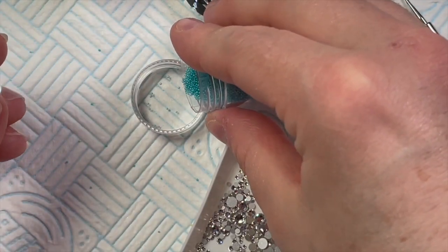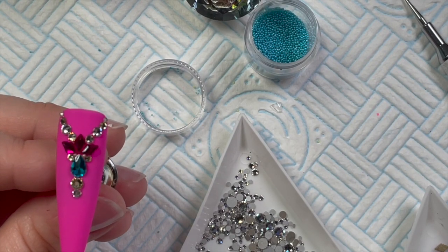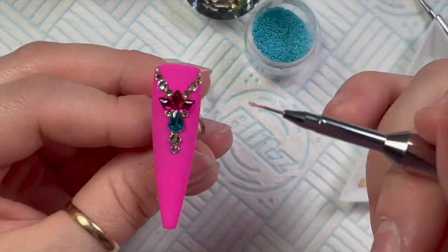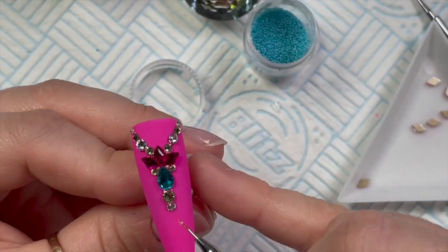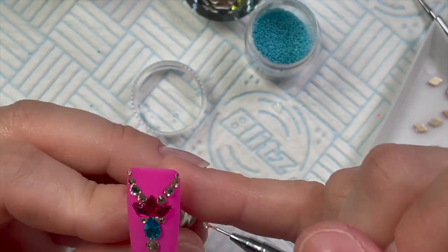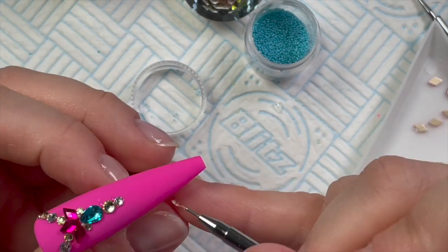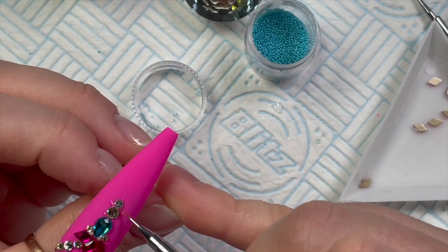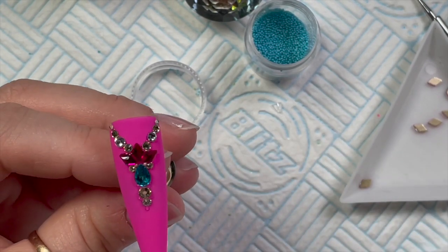I wanted to add some, I never really use brightly coloured caviar beads. I always usually stick to silvers, golds or rose golds. But because I've got them, I thought I'd give them a go. So I've got an old detailer brush I'm using here. If you see, I'm just placing a tiny bit of gem glue between the crystals where I want the caviar